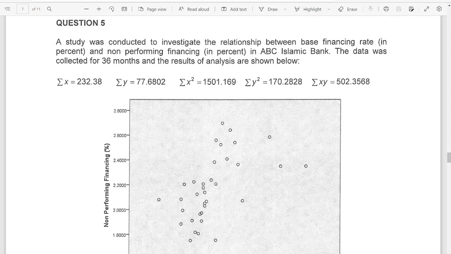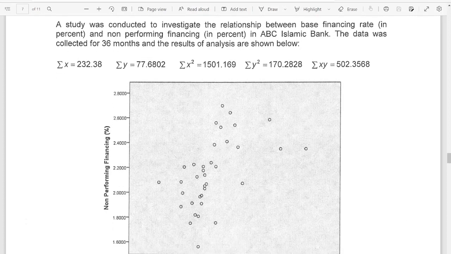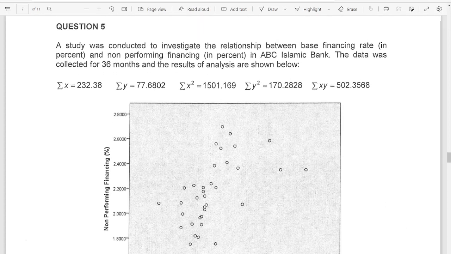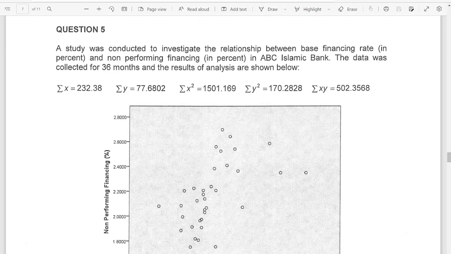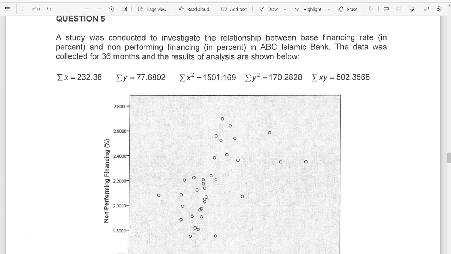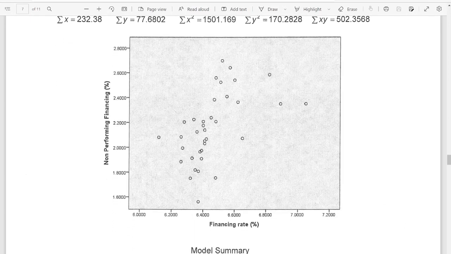Because normally you will need this summation value to calculate all the possible outcome. Okay, all the possible values needed. Contohnya macam you punya coefficient, you punya beta coefficient tadi, and so on. So this is the